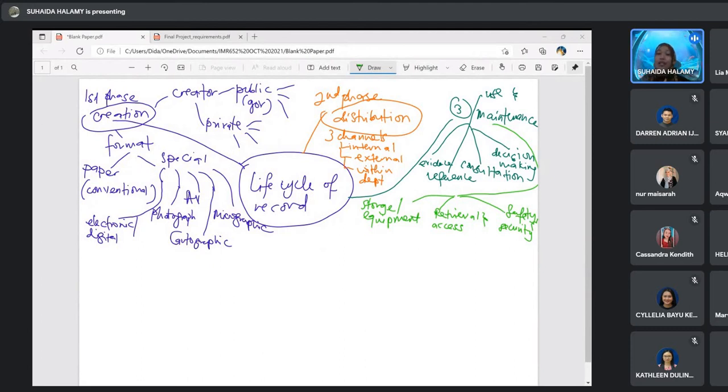Okay, and the last one, safety and security. Yes, we have to ensure in terms of security, safety, in terms of temperature and humidity use. Temperature and humidity use. And then in terms of the environment, the ambience of the organization, do you have the CCTV or not? You have the fire extinguisher or not? Alarm system, lock, security access.